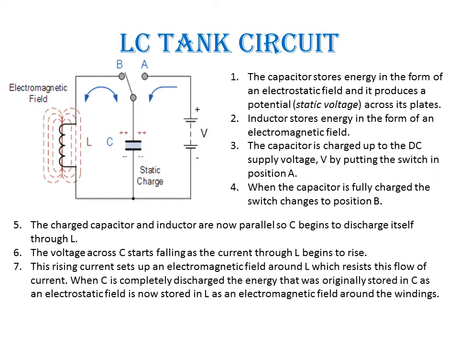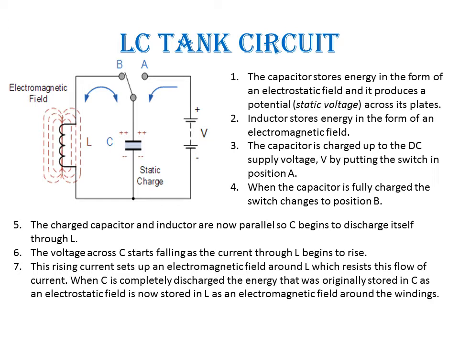I am not reading them all now, you can go through them, but basically, in order to understand, we can assume that this circuit consists of 2 points A and B, to which you can toggle a switch. Initially we will assume that the switch is connected to point A in such a way that the capacitor C is connected to the battery of voltage V.